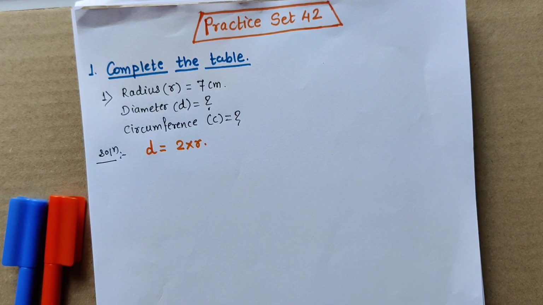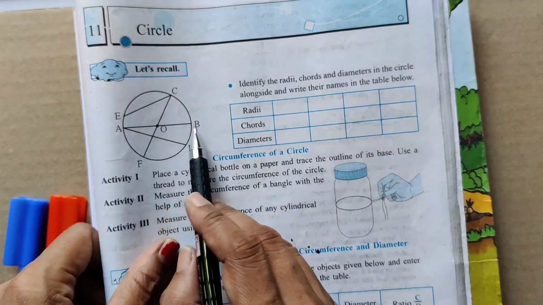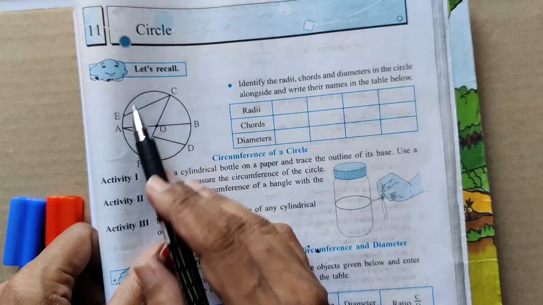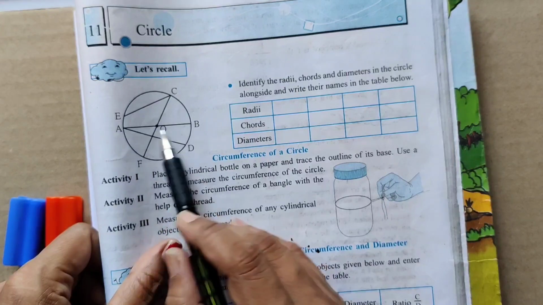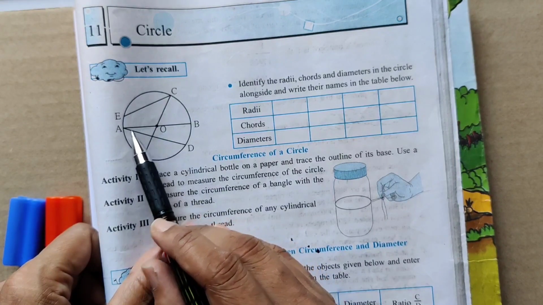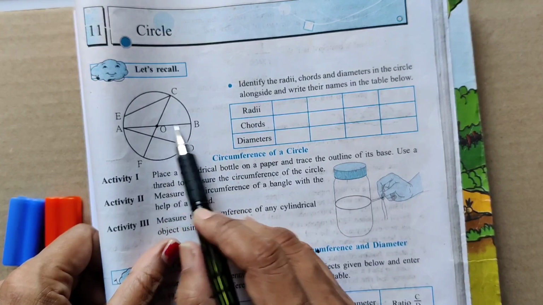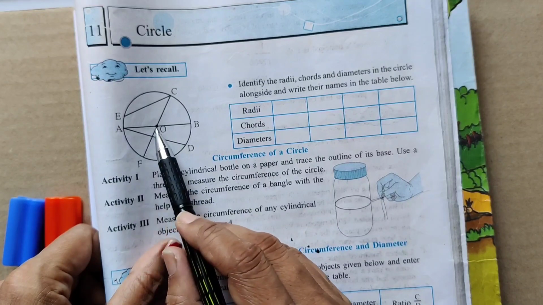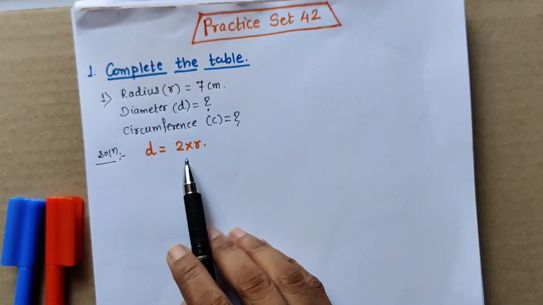In the first activity which we solved in the beginning of this video, there also we have written the names of diameter and names of radius. As you all can see here, this AB is the diameter. For example, see the example given in the beginning of the lesson. AB is the diameter because it is a chord that passes through the center of the circle, and it is made up of two radii. Which two radii? It is made up of OB and OA. That means diameter is 2 multiplied by radius. So this is the formula for diameter, 2 multiplied by radius.